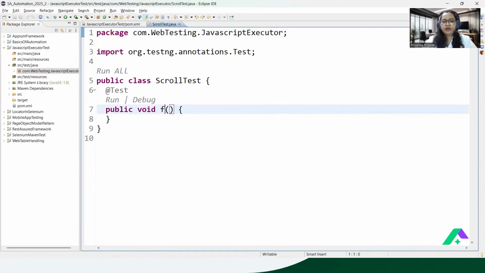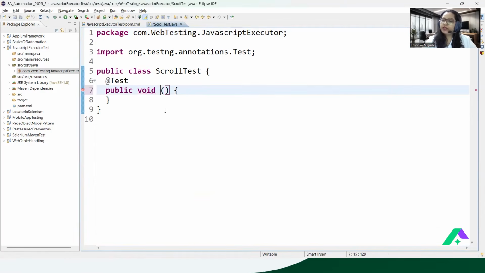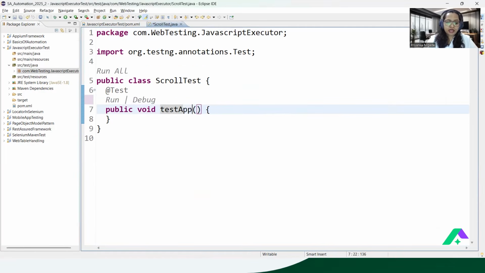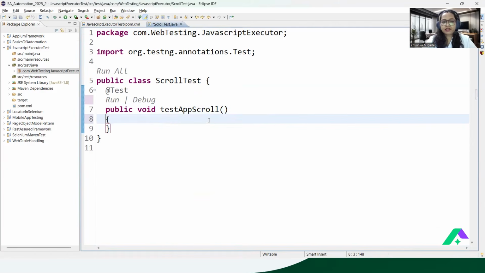Now see the point. Using Selenium WebDriver, you are able to automate all kinds of functionalities, features, and web elements of that software application. Now I would like to show you how to scroll any web page using JavaScript executor. Because for scroll, in Selenium, we don't have a direct method. We need to take the help of the JavaScript executor interface only. Correct? So here, test scroll. See how exactly we can scroll the web pages.